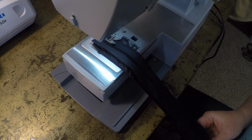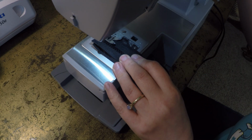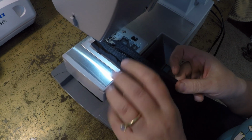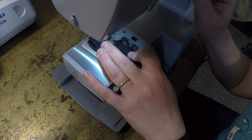I haven't found my zipper foot, but I want you all to know you don't need a zipper foot to be able to do these sorts of repairs. You can go with just what you've got. Now I'm starting actually a little bit into the placket, and then I'm going to back stitch